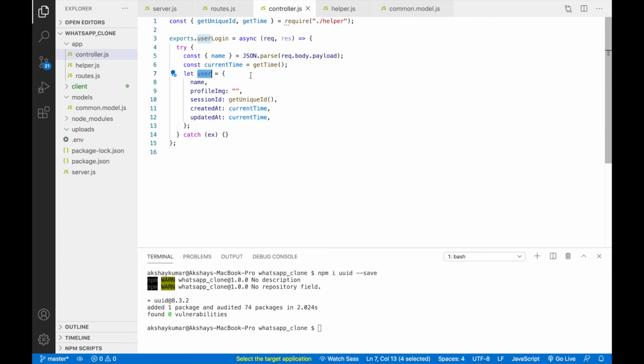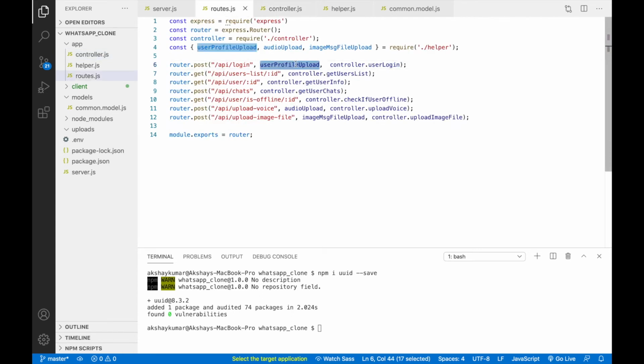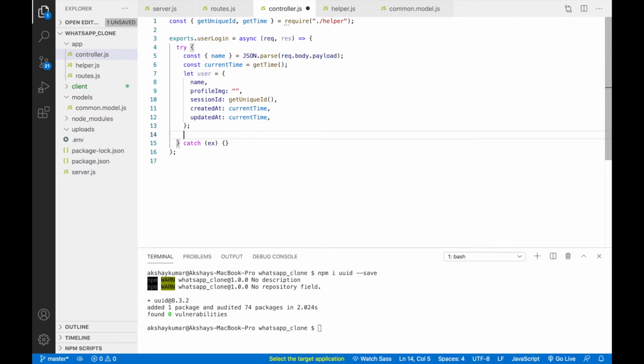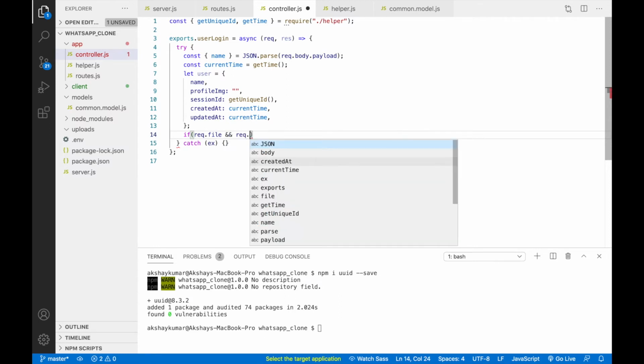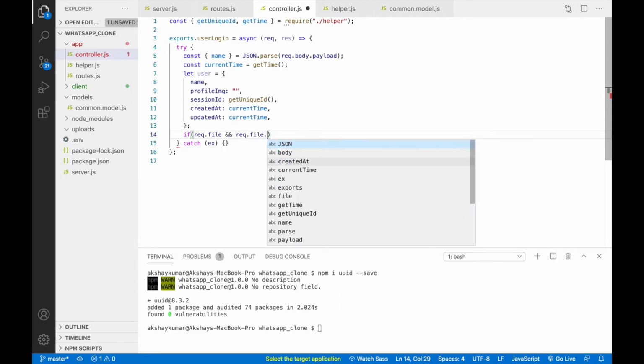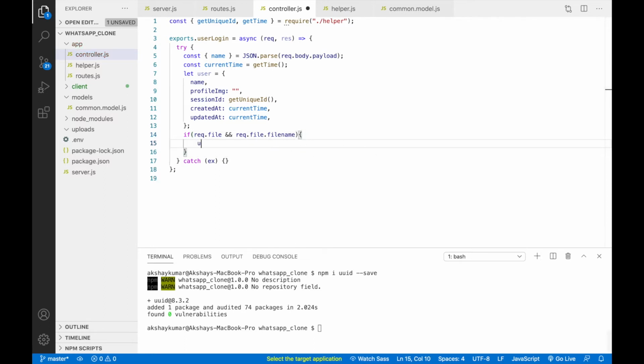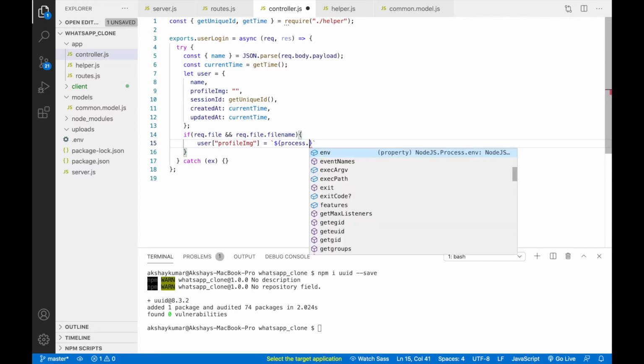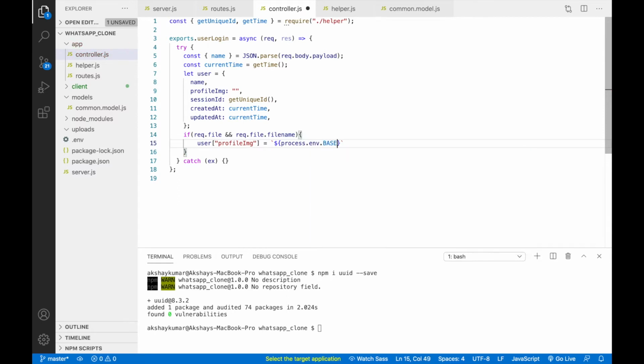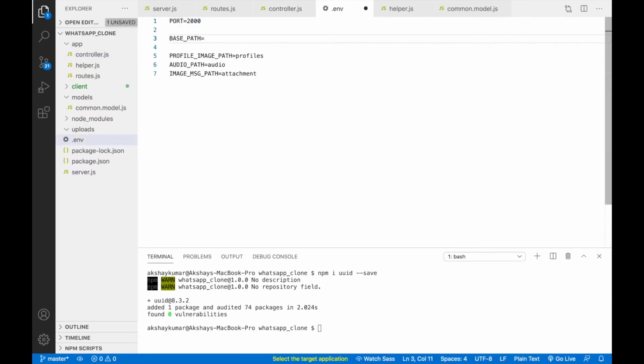So now, because we already created this functionality, right, user profile upload, we can check if request.file and request.file.filename exist. If this exists, then we'll do user.profile_name equals to process.env.BASE_PATH. This base path will be an environment variable, right? This base path is equal to http://localhost.